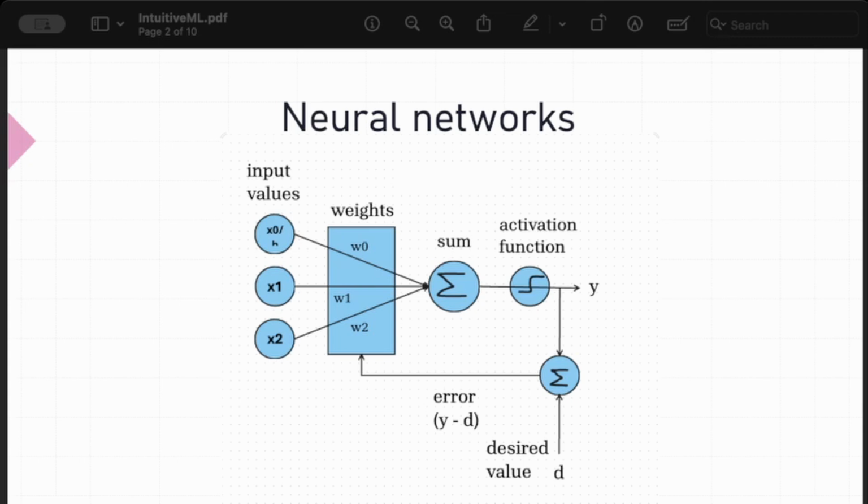But in general, you are going to be doing supervised learning on these networks, so you have training data, you know what the answer is, and on the bottom here you have the desired value D. So then you can look at, okay, what was my error? Did I get the right value, or was I off by some amount? If you have an error, then we're going to go back and update those weights, and we're going to repeat that process until we've trained our network to be as accurate as possible.